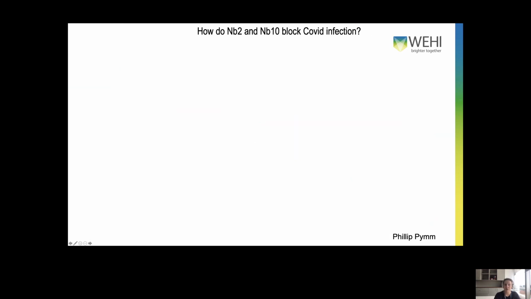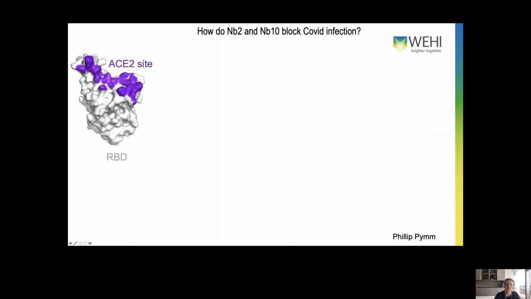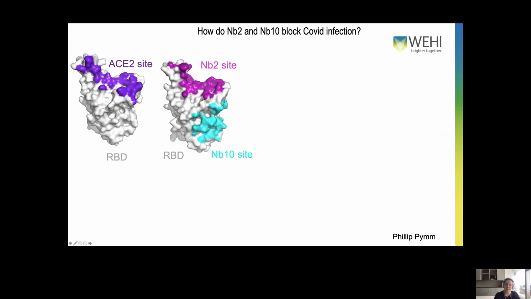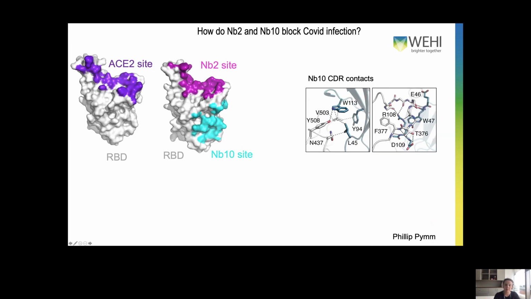And we use this to answer the actual question. So how do nanobody 2 and nanobody 10 block COVID infection? So if you look at the ACE2 binding site on the receptor binding domain, you can see, in purple, the contacts between RBD and ACE2. And if we overlap them with the nanobody 2 and nanobody 10 binding sites, you can see that there's a considerable overlap for both. So nanobody 2 is more significant than nanobody 10. So what's happening is basically both nanobody 10 and nanobody 2 just block ACE2